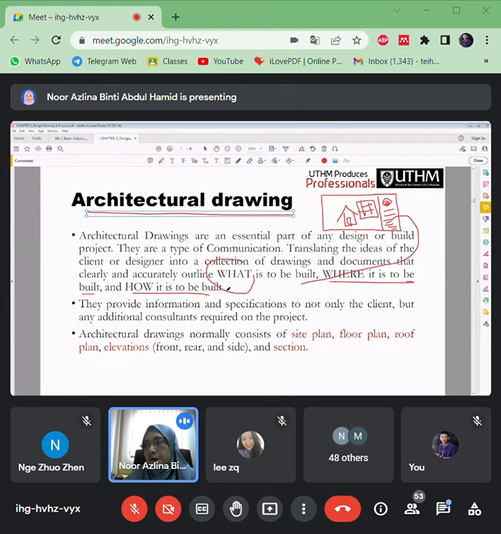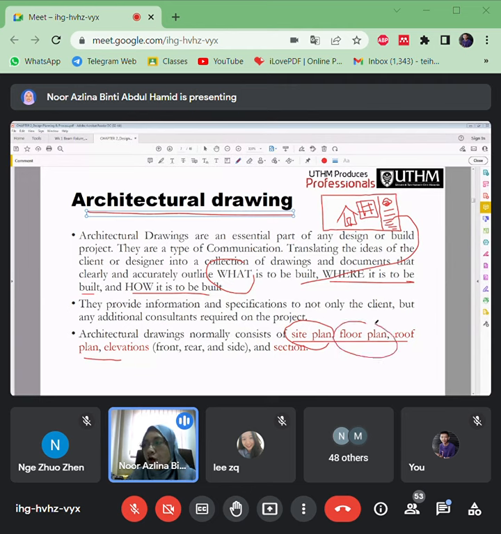Okay, so there will be many views of the structure. So there are site plans. Okay, site plans, this is very important in order to know where the location of that house is. Which lane, which lot number, otherwise you might mistakenly build the house on someone else's land. So the site plan here is important.